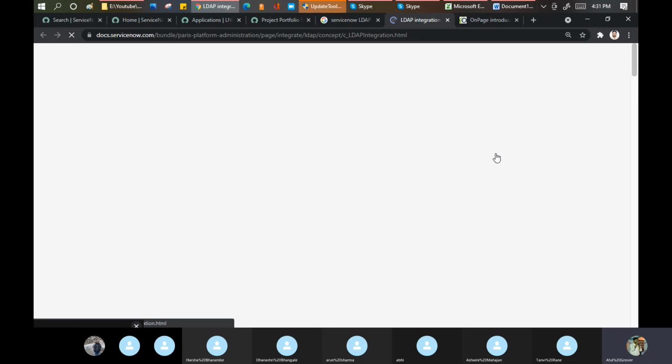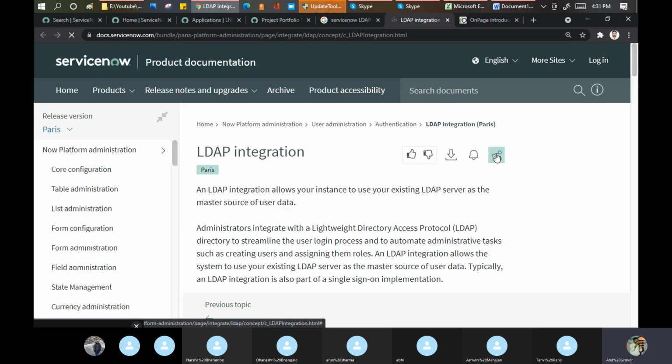LDAP in technical terms stands for Lightweight Directory Access Protocol. Sorry, my bad. What does this tool basically do? I'll give you an example, specifically for those who have never worked or are just entering IT.